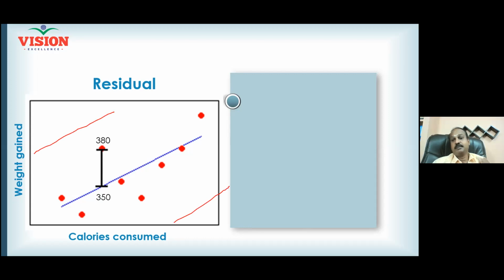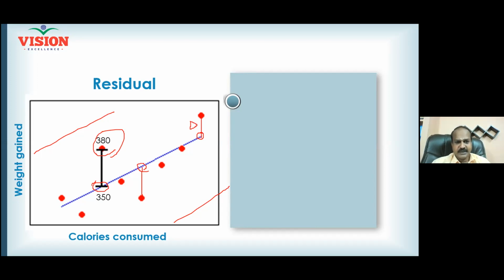This is called the principle of least squares. What is this? See here, consider this point. What is the actual or observed value? 380. But you are pulling this point down so that you make it lie on the straight line. In the same way, this point you are pulling up and making it lie here. Similarly, this point you are pulling down and making it lie here. The amount by which you are pulling down is nothing but deviation. The real observation is here, but in your regression, the equation is formed assuming the point is here.